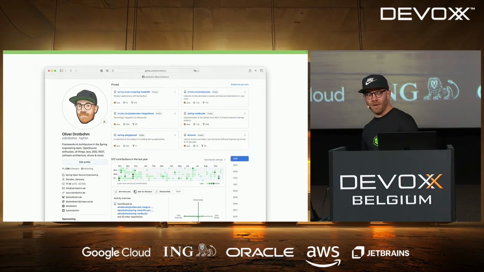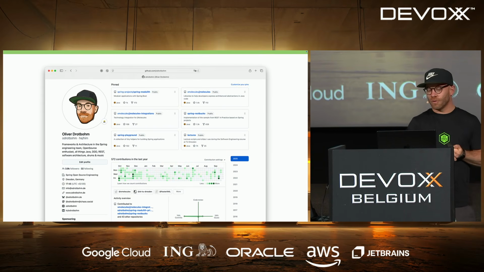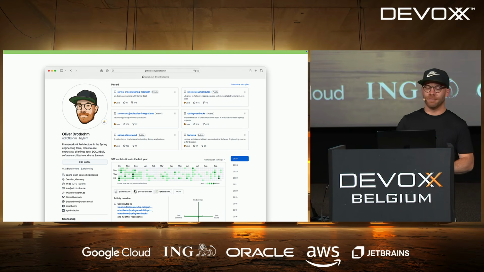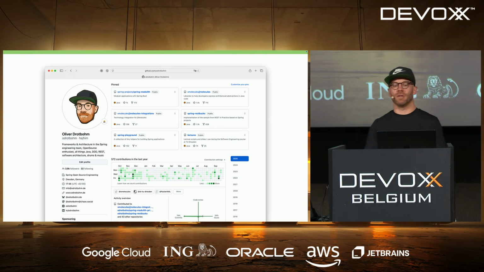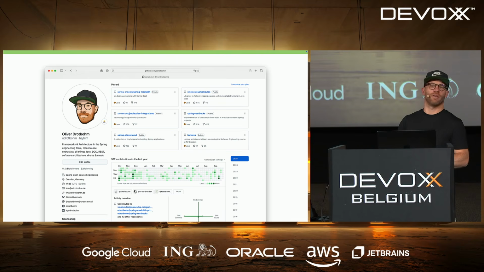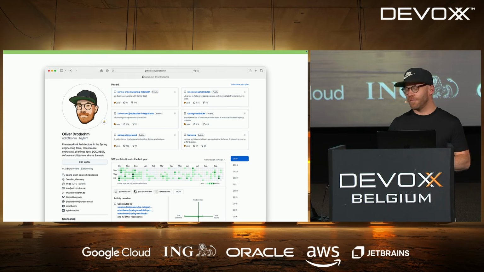My name is Oliver Drotbohm. I've been working in the Spring open source engineering team for more than 15 years now. Primarily I've done the data projects, so all the CRUD repository stuff. It went through basically my hands and the team that I built around this topic. Most recently, for 5-6 years now even, I work on the Spring Modulith project, and in this session I'm